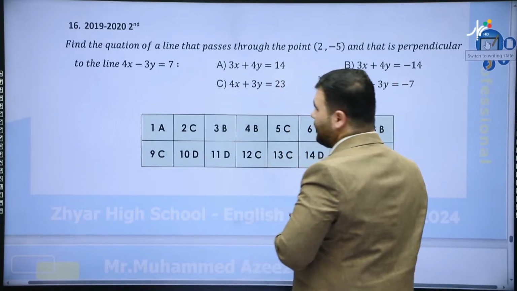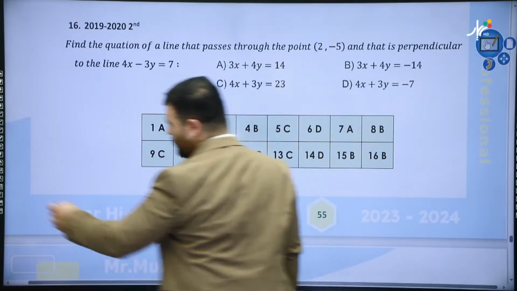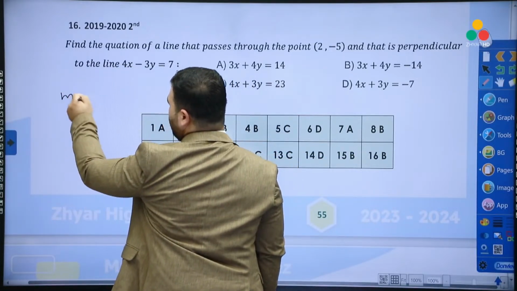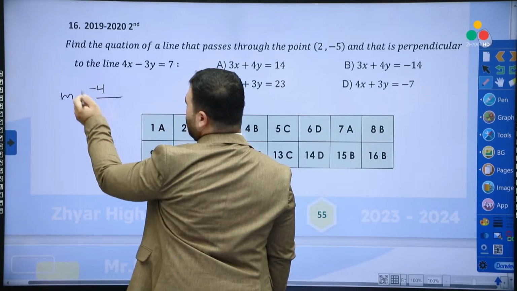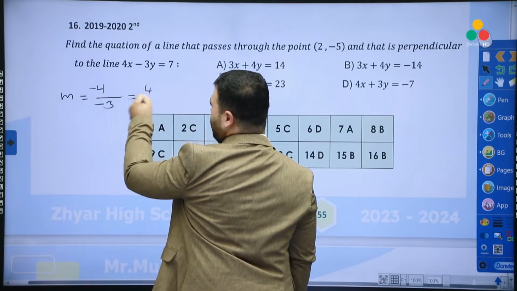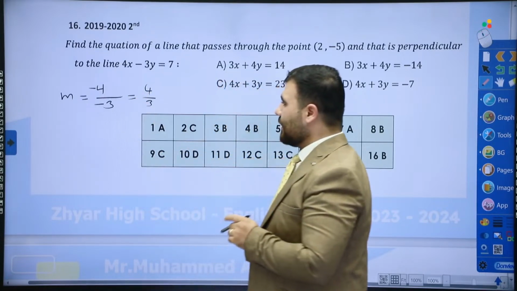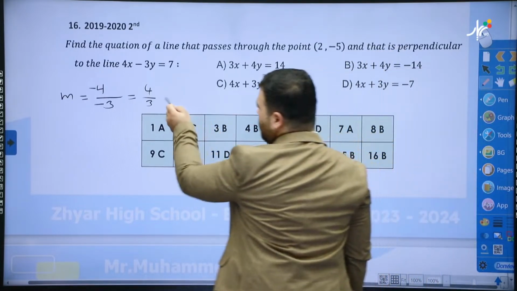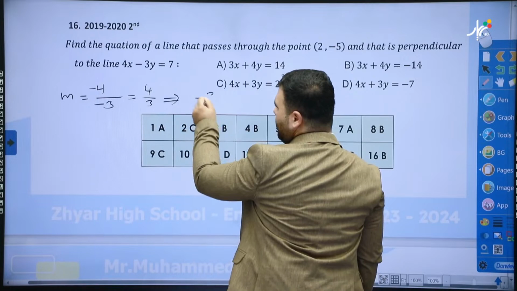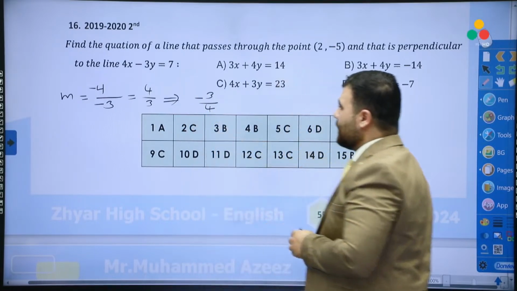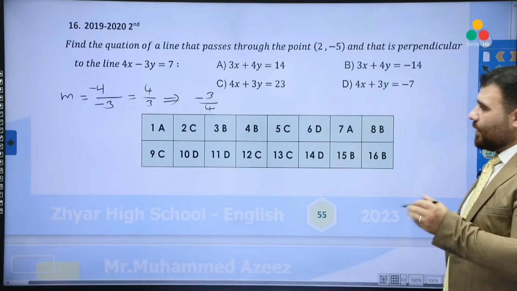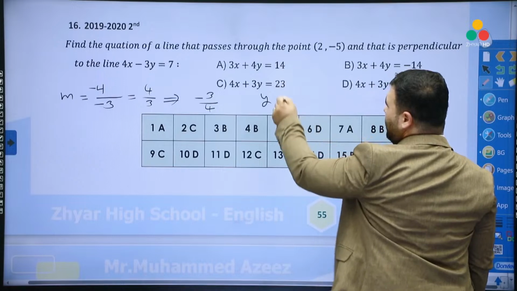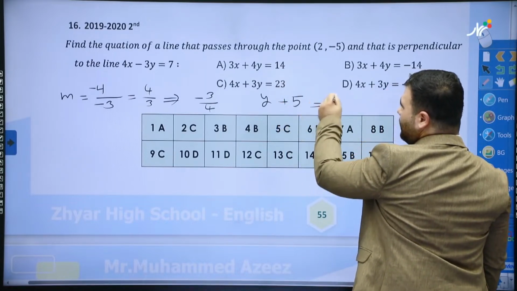Now I need something perpendicular. Let's find the slope of this line. Slope of this line is m equal to -4 over -3. That's 4 over 3. The other slope that I'm going to use, since it's perpendicular, should be upside down, opposite sign. The slope I'm going to use is -3 over 4. Then this goes into the rule. Y minus y1 equal to m, x minus x1. Y minus -5, that's y plus 5, equal to the slope